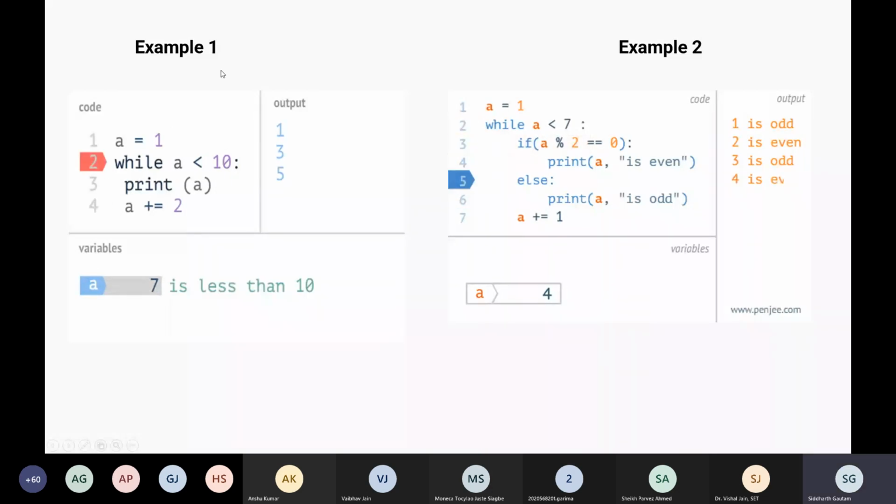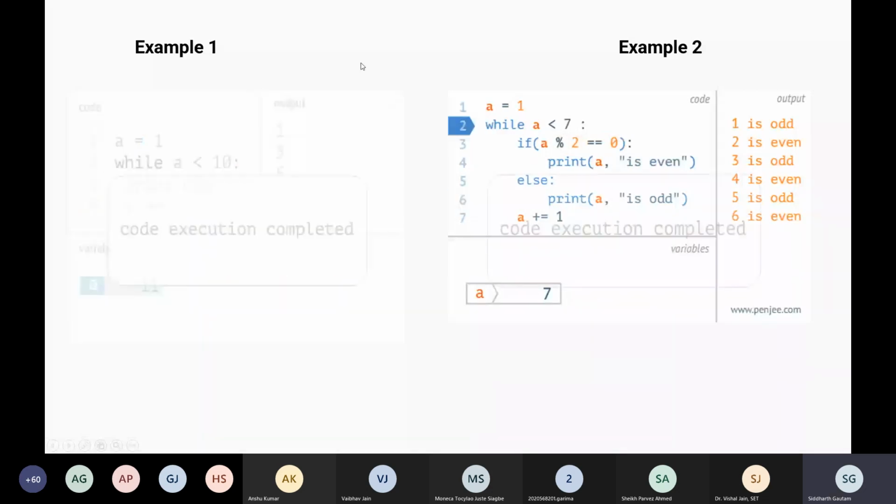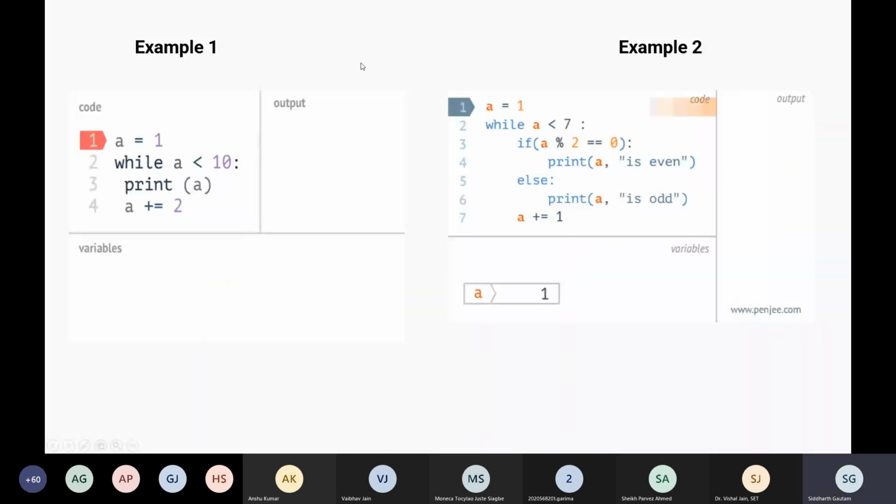All right. So let's first take example one. In example one, we have a variable a, and the value of that variable a is equal to 1. Then we start a while loop, and the condition is while a is less than 10. So as long as the value of a stays less than 10, we are going to print the value of a, and then add 2 to the value of a.